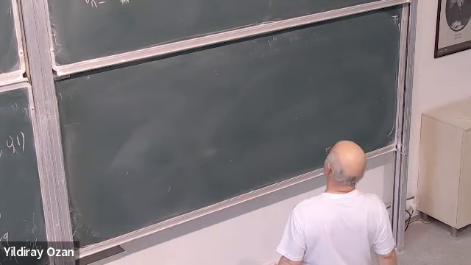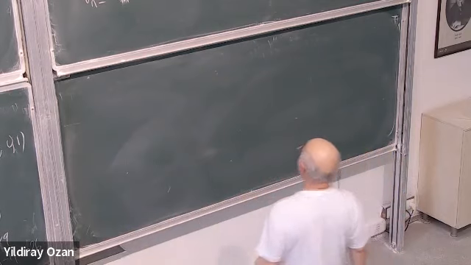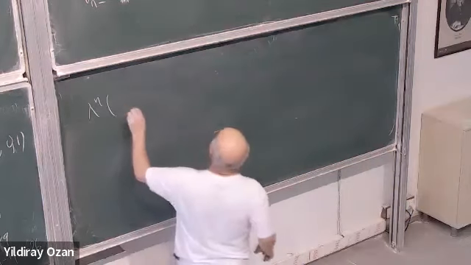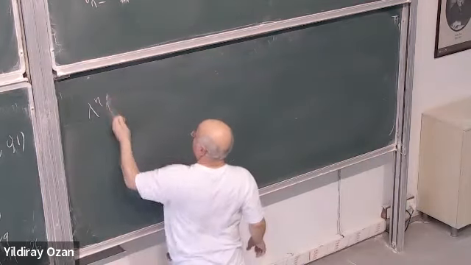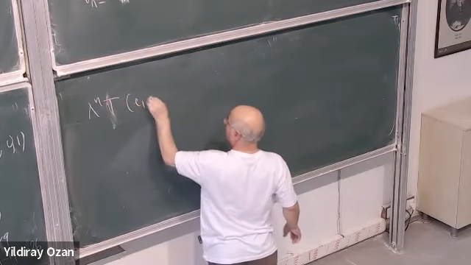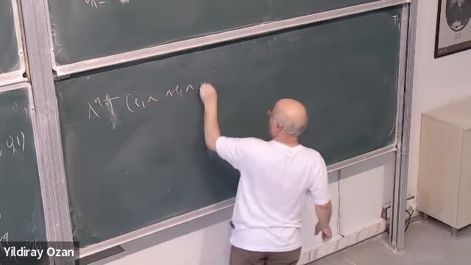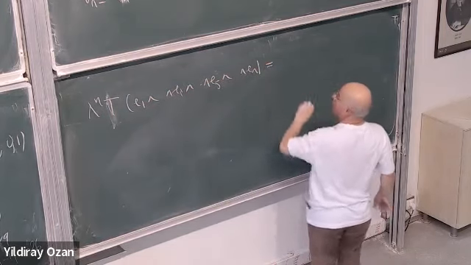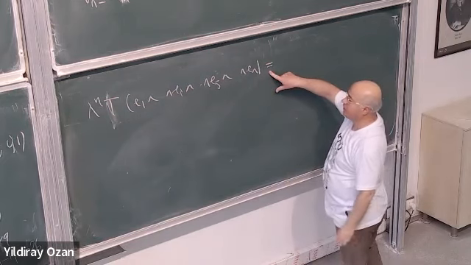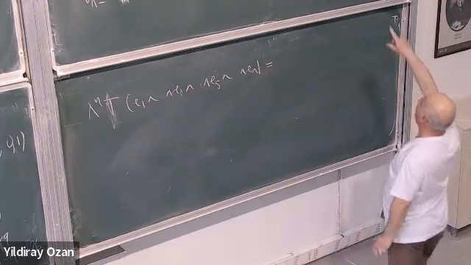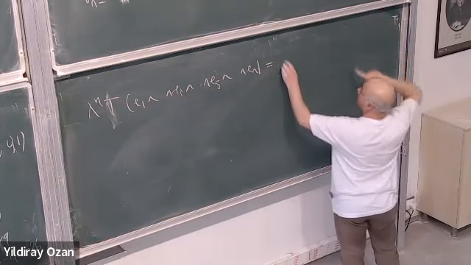So if I interchange, let's say E1, Ei, Ej, En, what is the result of this? On one side, it is nothing but